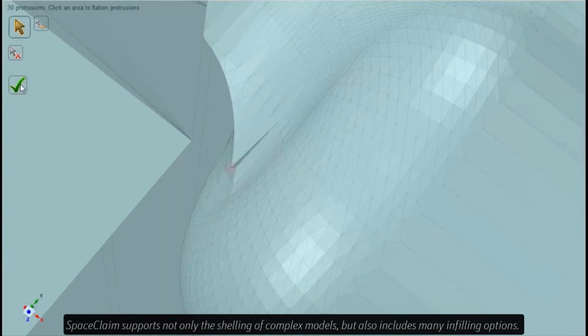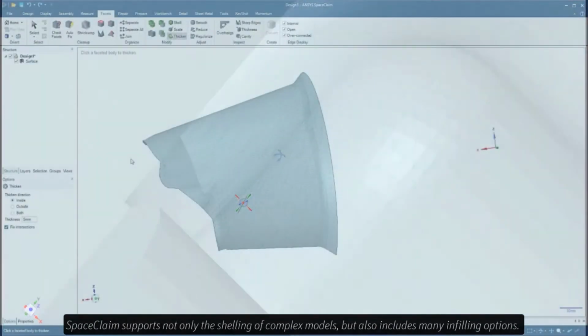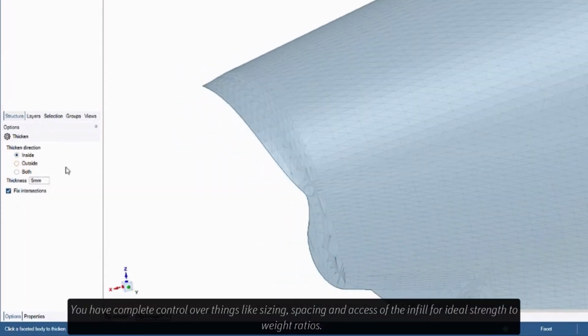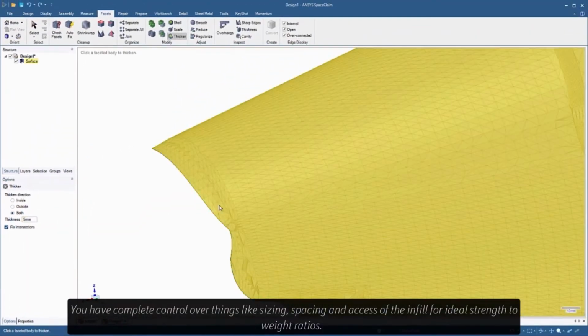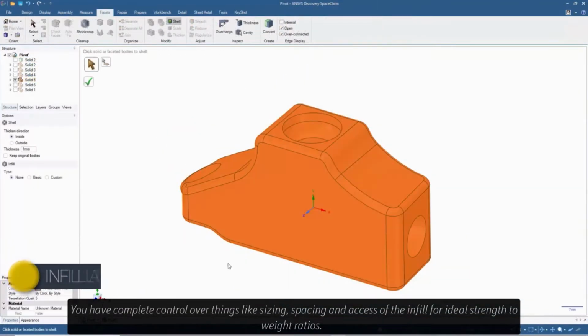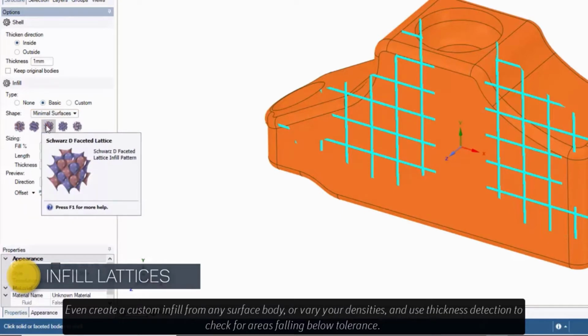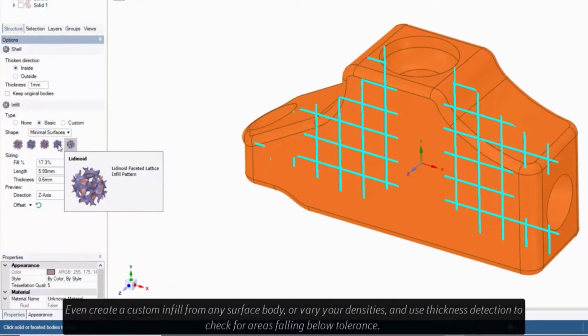SpaceClaim supports not only the shelling of complex models, but also includes many infilling options. You have complete control over things like sizing, spacing, and axis of the infill for ideal strength to weight ratios. Even create a custom infill from any surface body, or vary your densities, and use thickness detection to check for